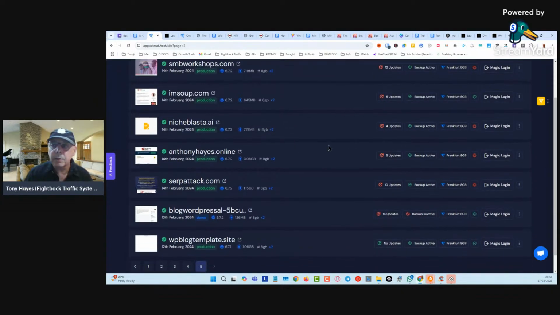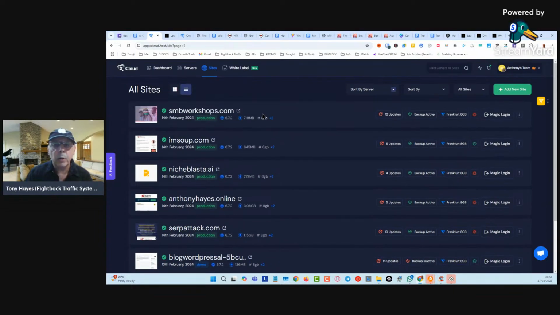And I use it because it's super simple to use. You can do a lot with it. You can update your sites. You can clone the sites into new domains in one click, etc., etc. Once you get used to it, it's kind of hard to do without it. If you're using hosting like HostGator or Bluehost, you're going to struggle for site speed. You're going to struggle for a lot of different things if you're going to build out a lot of sites,